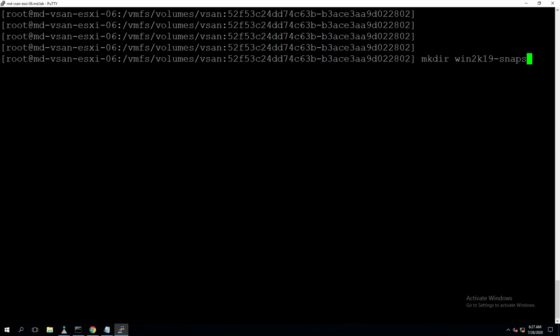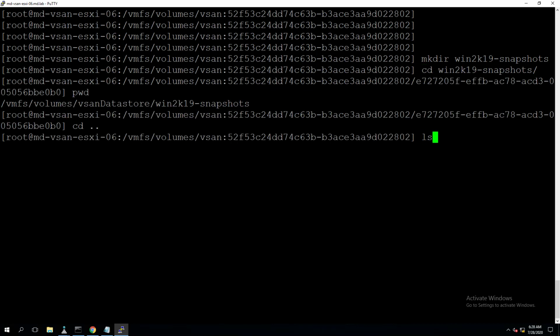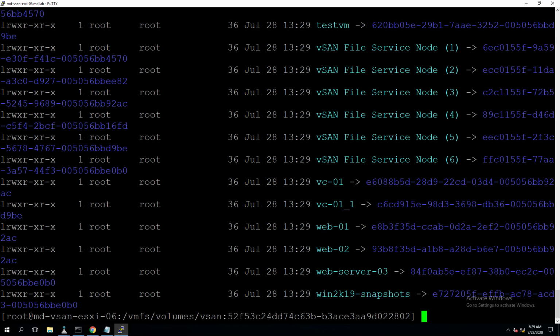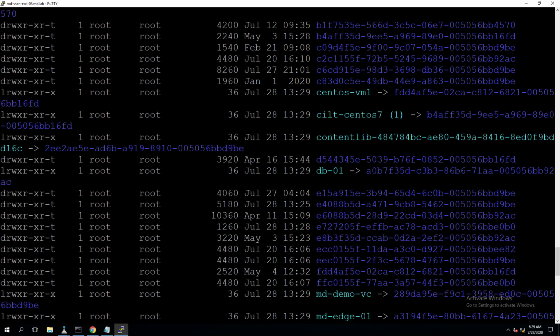This is the folder I'm going to set as the working directory for virtual machine snapshots. Let's run ls -l, and the folder we created should be showing up now.